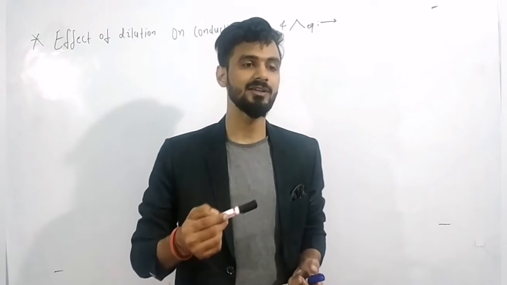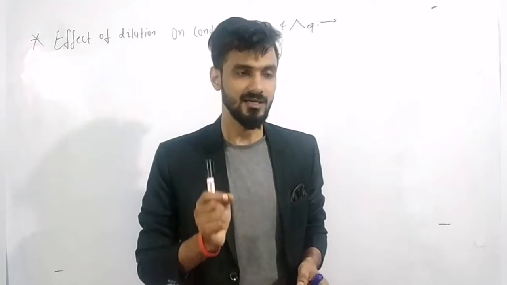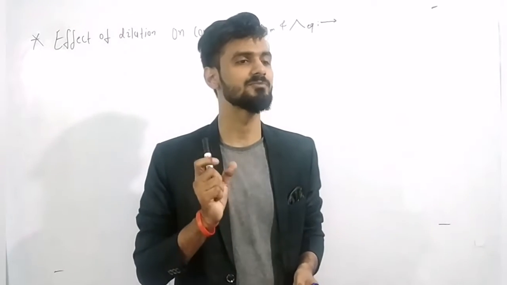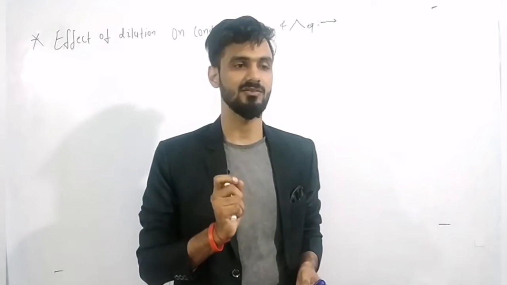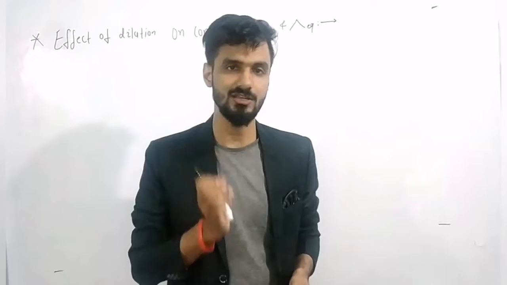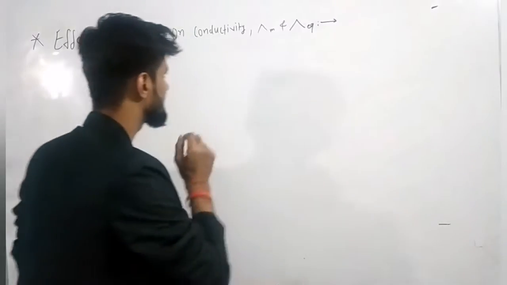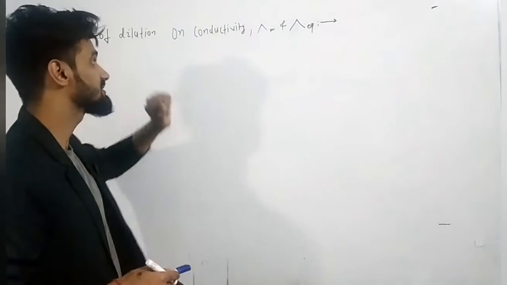It means you are making the concentration of solute tend to zero. Concentration of solute tending to zero means very small. After dilution, the concentration of solute will be very small, just like 0.0005 molar. All these things you will see. Okay, so that was the dilution part. Now think about what is going to happen after the dilution.